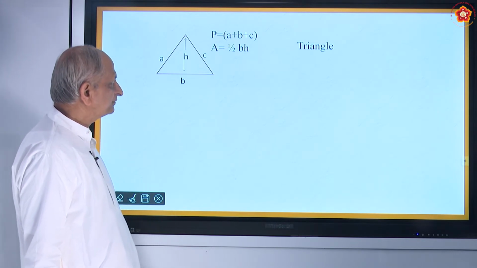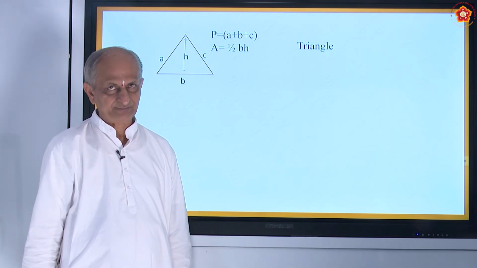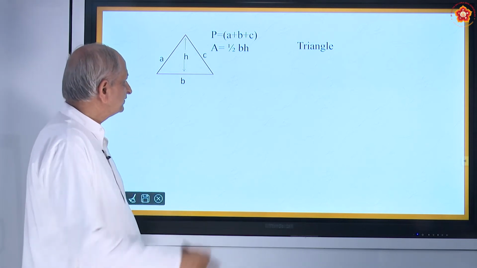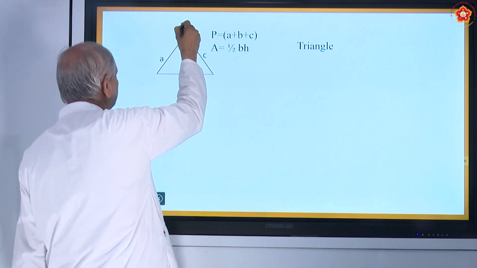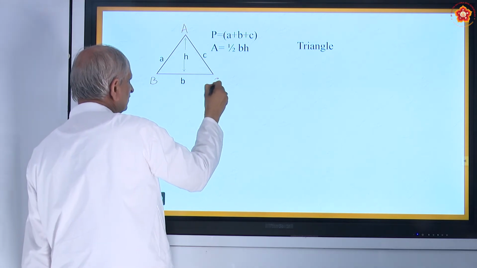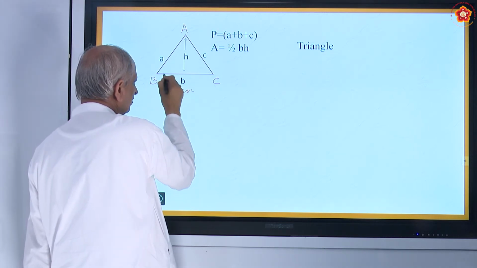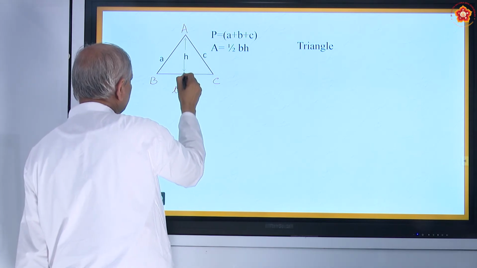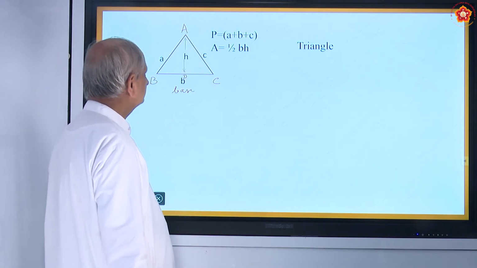Now coming to triangles. When you say triangle, there will be 6 types of triangles. Regarding sides, we have 3 types. This is the general triangle, where you have 3 vertices, namely PQR or ABC or XYZ, whatever you call, and this is called a base. BC is called a base, and this is called the height. Suppose you have a point here H, a perpendicular is drawn here, so AD will be called the height h.